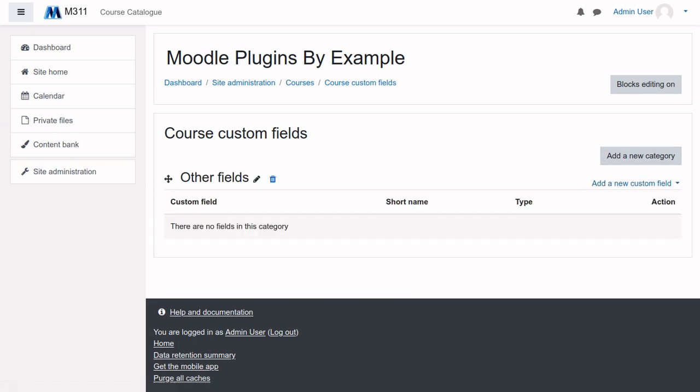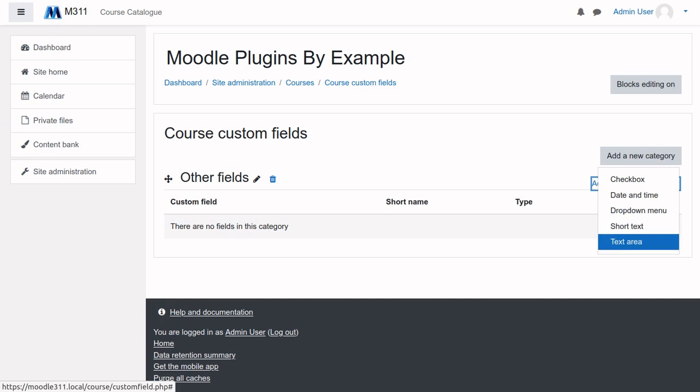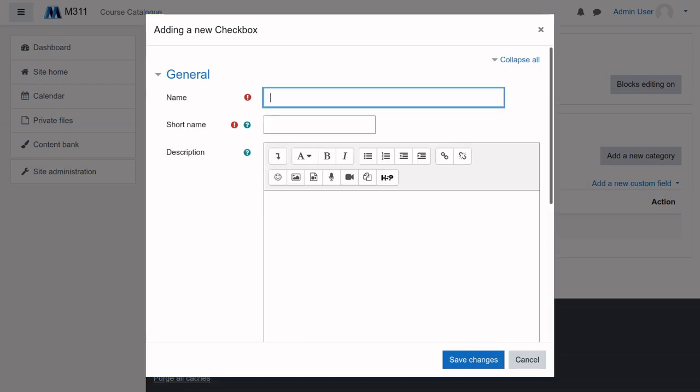They have to be in a category, so normally that's the default, other fields, and then you add a custom field. So custom fields, you can add checkbox, date and time, drop down menu, short text, text area. Note there's no radio button one, and that's what we're going to do. We are going to develop a radio button one to add to this. But in the meantime, let's take our checkbox and